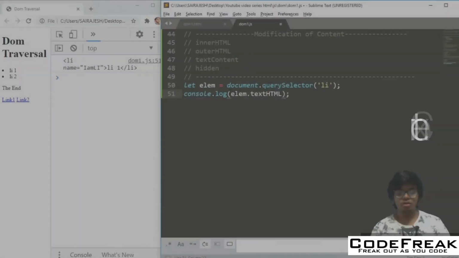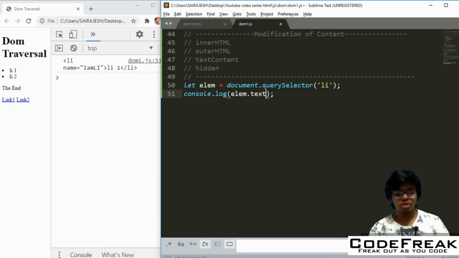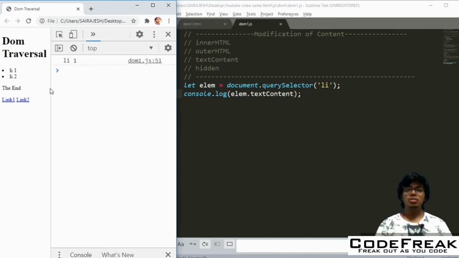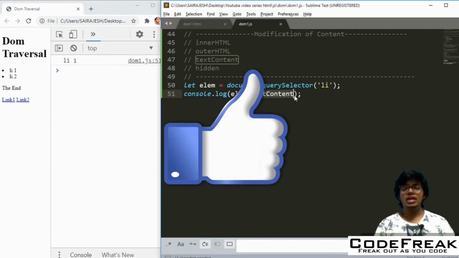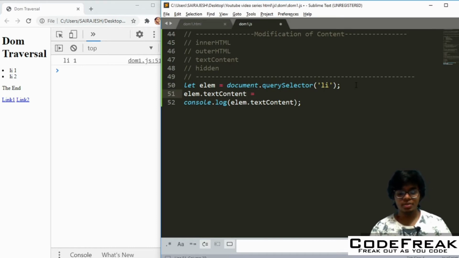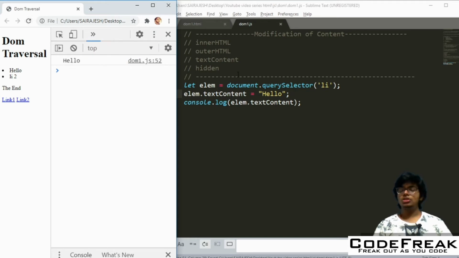So we'll be looking at all of them simultaneously so that you get a better idea, and you can also see the difference between all of them. Text content is again similar to inner HTML. So there are differences there. We will look at all of them. Okay. So first we can even modify all of them. So let me just take this element dot text content outside like that, and put it equal to something like maybe hello. So now let us see what happens here. Just changed to hello, right?